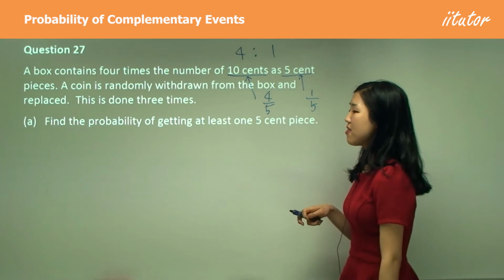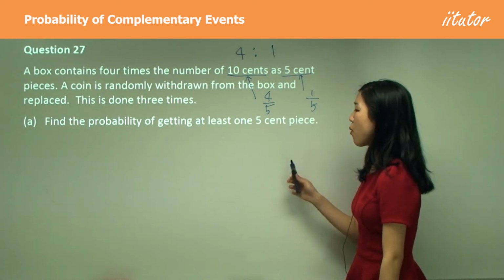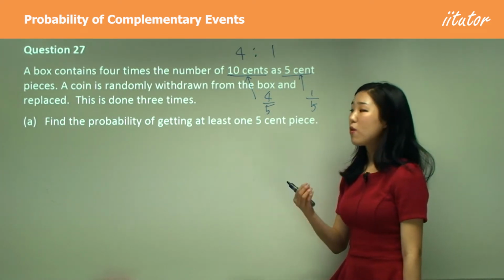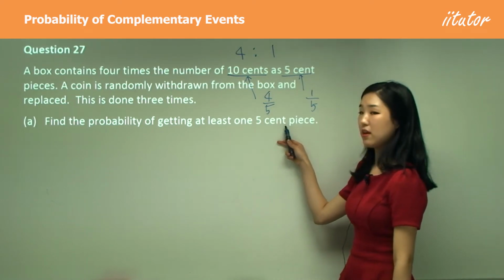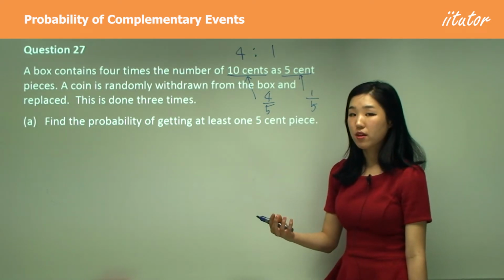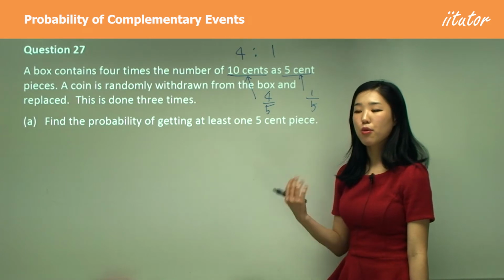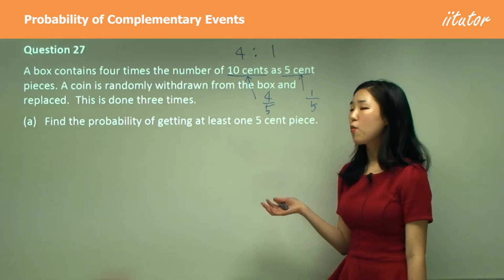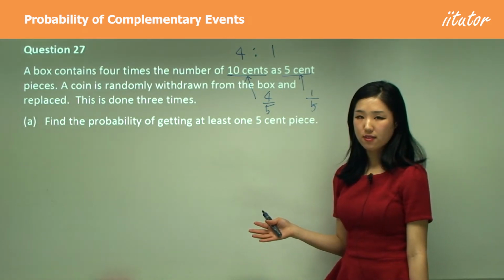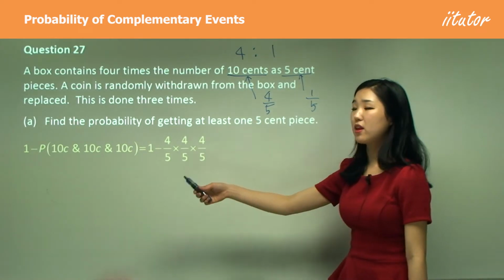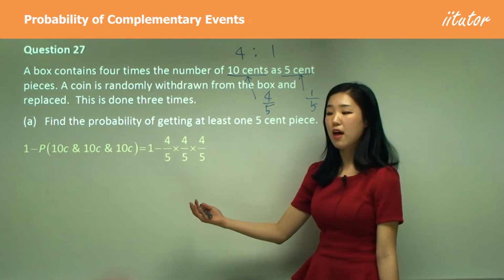Now A, find the probability of getting at least one 5-cent piece. So we want at least one 5-cent piece. It means I could have one 5-cent piece, two 5-cent pieces, or three 5-cent pieces, but I don't want no 5-cent pieces. It's going to be 1 minus the probability of having no 5-cent pieces, which means I'll have three